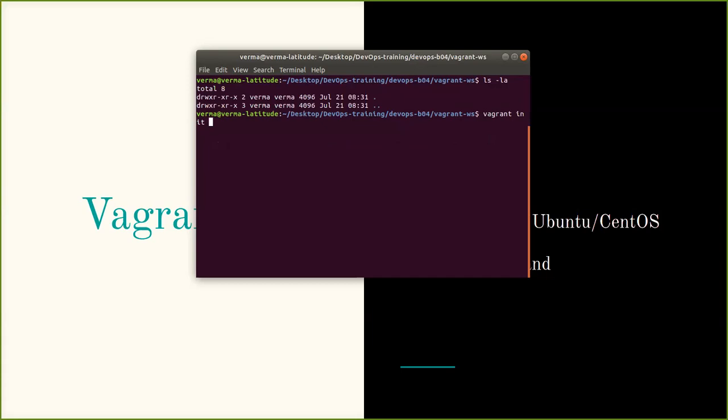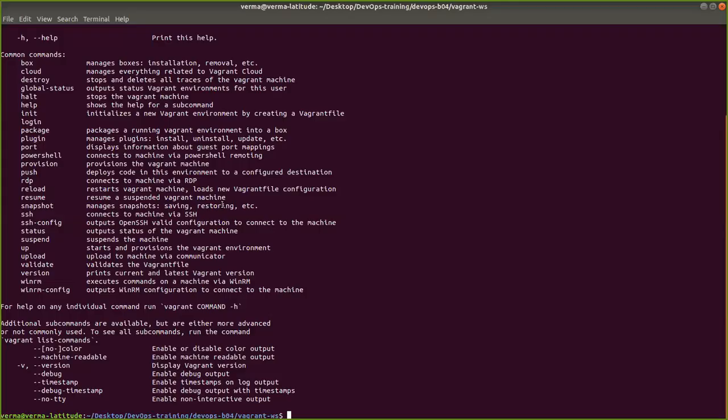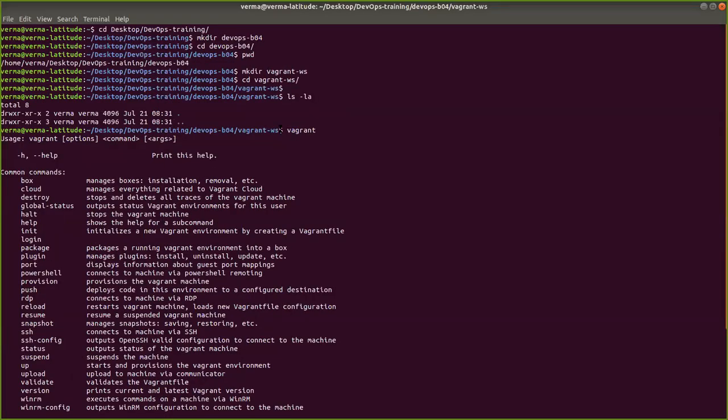But first, let me tell you, if I execute the vagrant command, you are able to see all the commands available for Vagrant after the installation. It is taking some time. Let's wait.